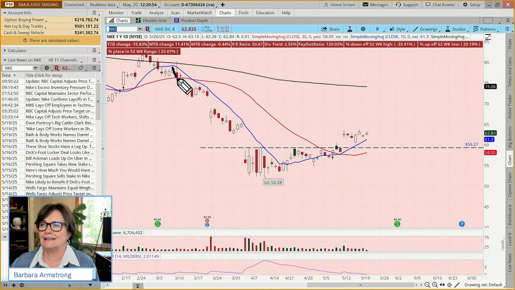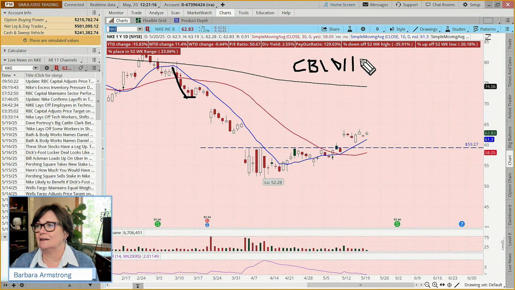So if we look at this as an example, this came down and then we had this support level established, right? Because it started to go up and it went up. And remember, if it's bearish, we're looking for a close below the low of the high day. Did we get that on this day? No, it didn't close below that day. Did we get it on this day? Nope. We didn't get it until this day.